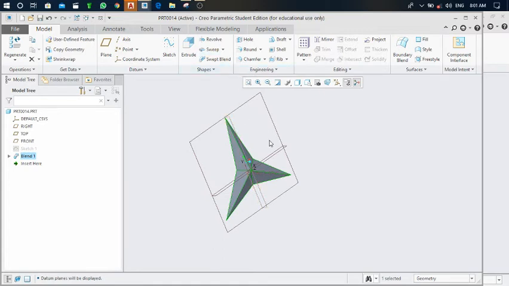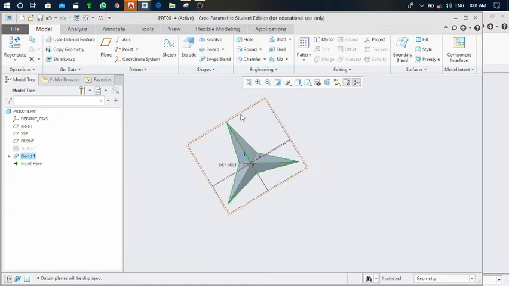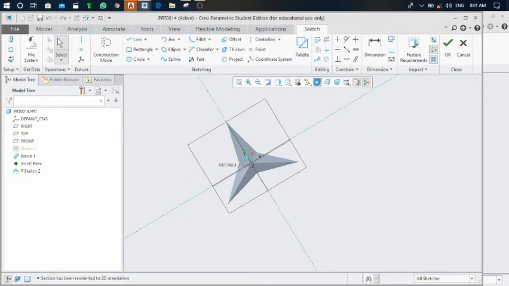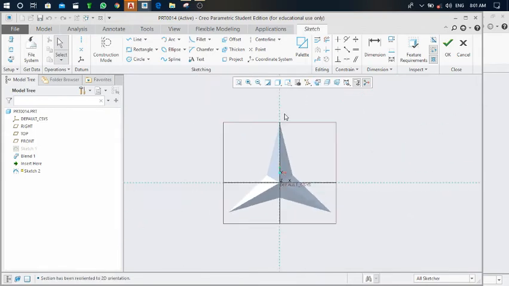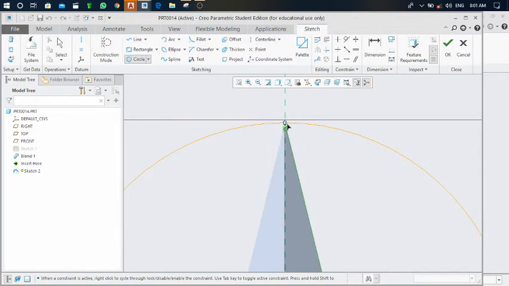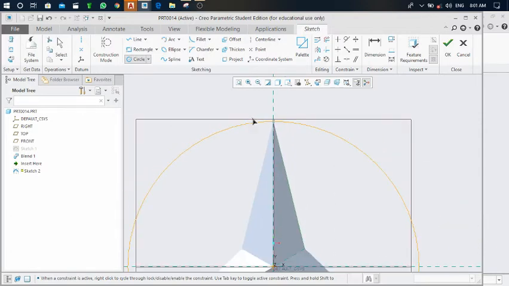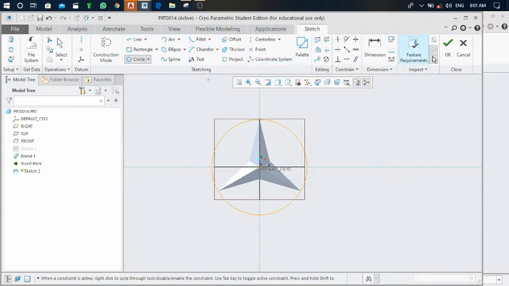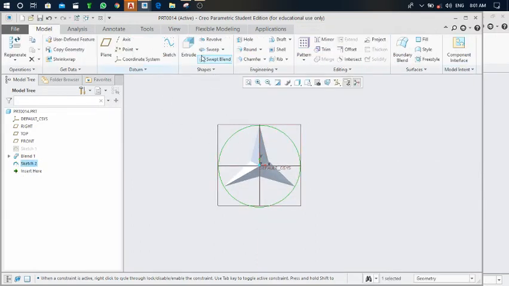So click on this front plane, sketch it, click on normal view, take one circle from the center and draw it here up to this point. After that, click on OK.